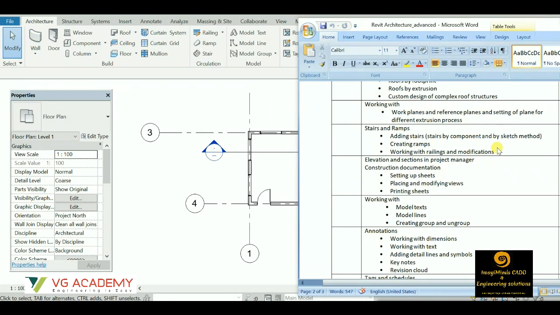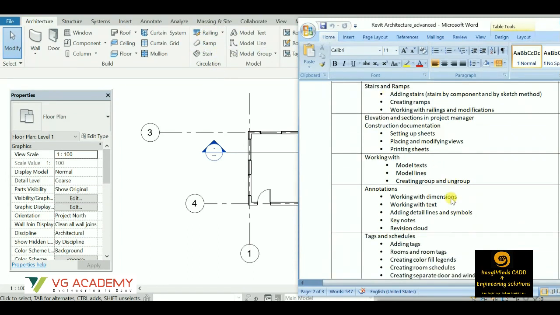Then we'll start the discussion on different types of stairs and ramps and how they could be created. So this is the position of the stairs, railings and ramps that could be seen. So next we'll discuss the stairs and ramps, like various different shapes or different types of stairs and ramps, wherein you'll be finding from this option, the circular toolbar. Then comes working with model text, model lines, and creating a group or again ungrouping them. So this is basically this model toolbar, wherein model text is there, model line is also there.